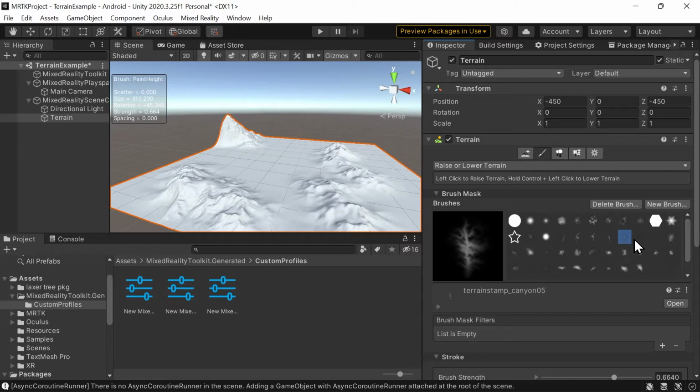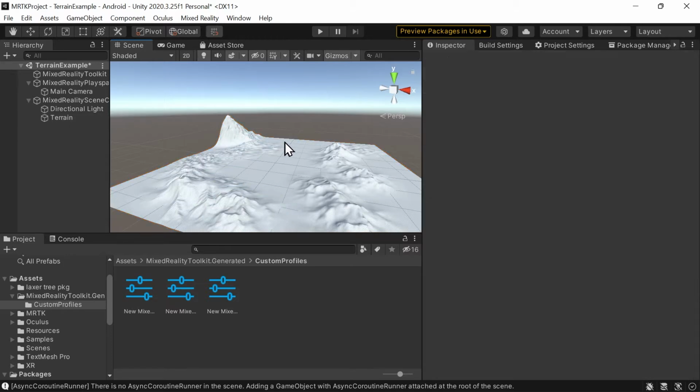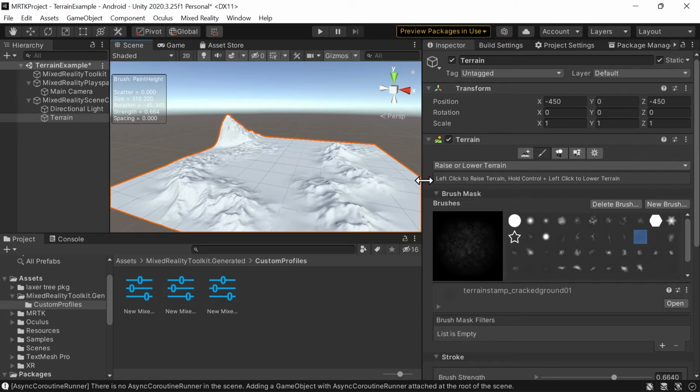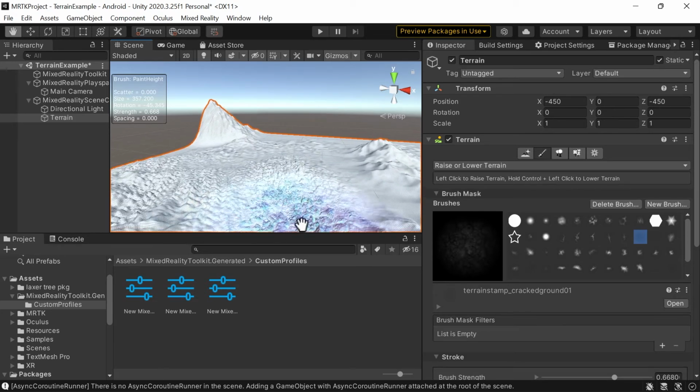Let's see what the other brushes are. Creating a little bit of a canyon, creating a little bit of a cracked ground here, there. We don't want to have anything that is empty, and I'm going to change the size a little bit. Yeah, that was a little bit too much. Let's undo this. Anyway, I would probably spend too long to make it really nice here, but even where the player is standing,